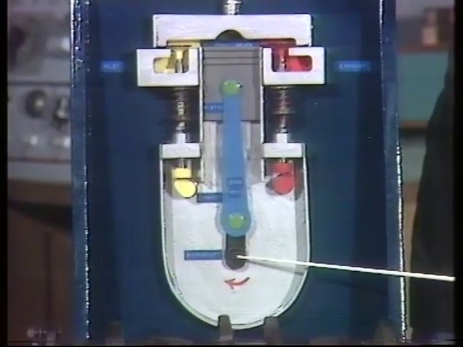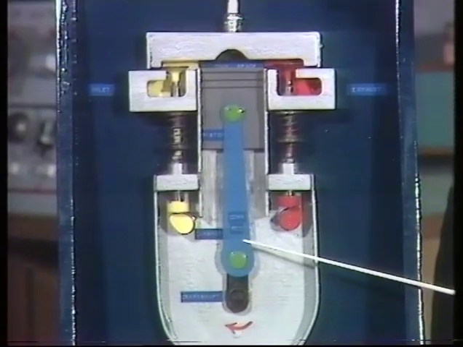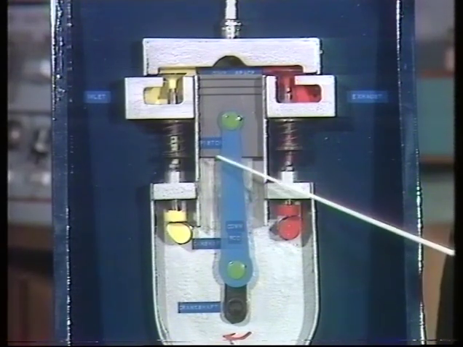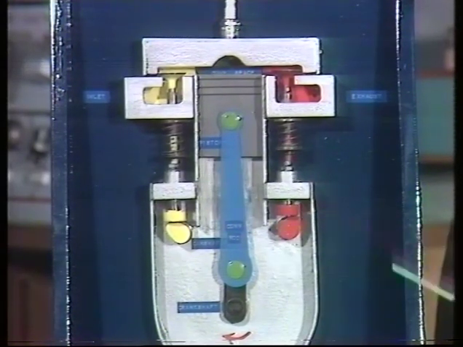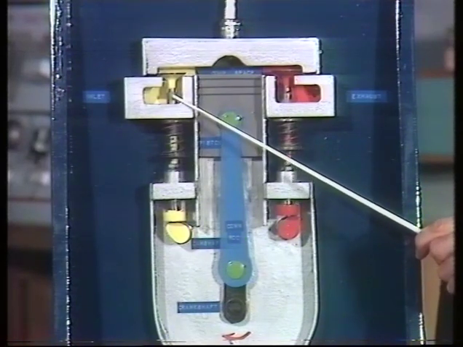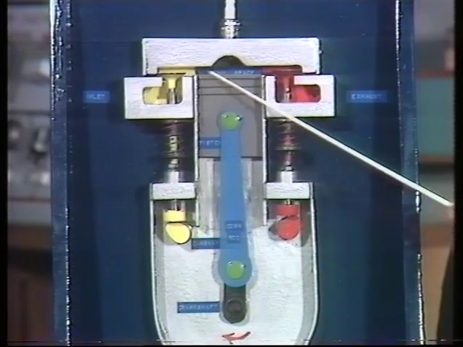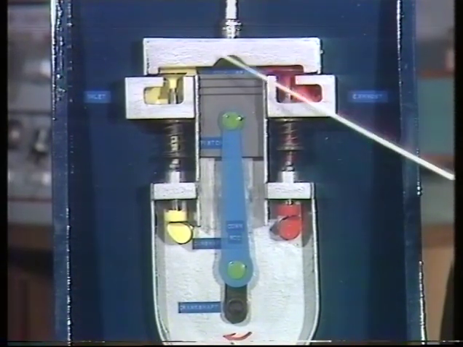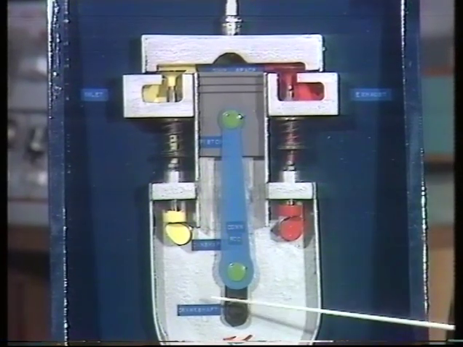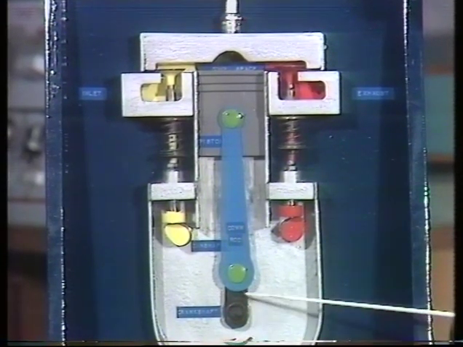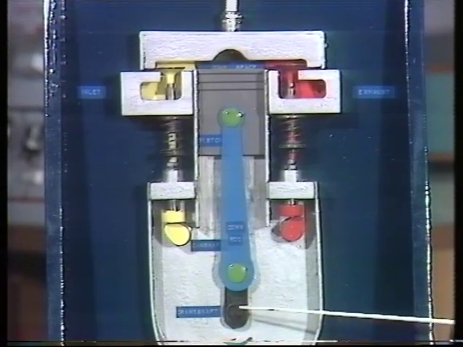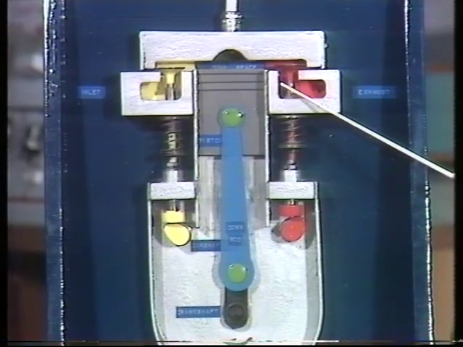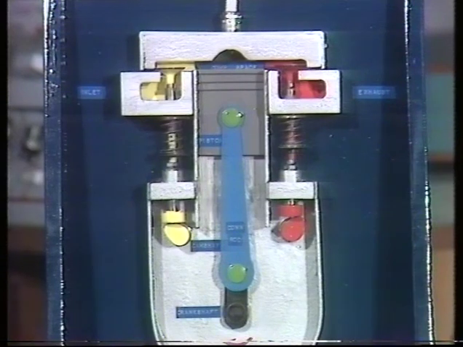Here's the crankshaft. Connected to that is something here called the conrod, short for connecting rod, not surprisingly, and connected to the connecting rod is the piston, which is a tight fit within the cylinder, which is this area here. Simply what happens is that this valve, called the inlet valve, allows a mixture of air and petrol into the cylinder, which is compressed by the piston coming up, ignited by the spark plug, which expands that mixture, forcing the piston down again and turning the crankshaft here, which in turn starts off the powertrain that turns the driven wheels. As the piston here rises again, it forces the gases out, the burnt gases, through this exhaust valve.